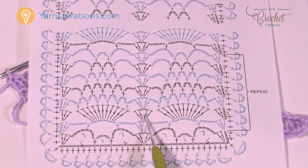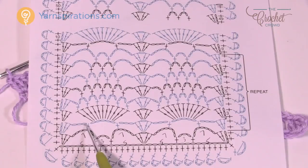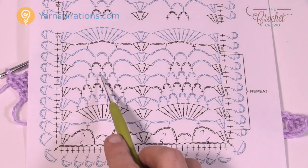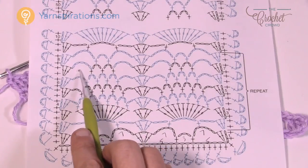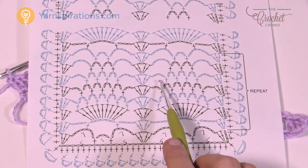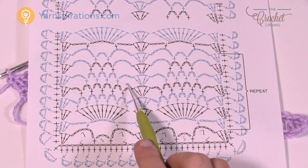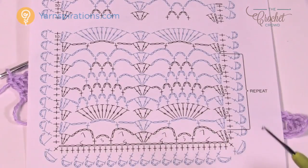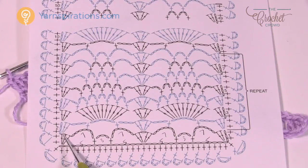So what we have to really pay attention to is the amount of chain counts as we go along in the middle of here. It's not hard to follow, it's consistent. So what happens on this side happens on the other side. And then because you're moving on the same row, what happens on this side was the same as this and this, and so on. So if you can see the balance, it makes this pattern a lot easier to follow. So let's move on to row number 2, where we're gonna chain up to 3,